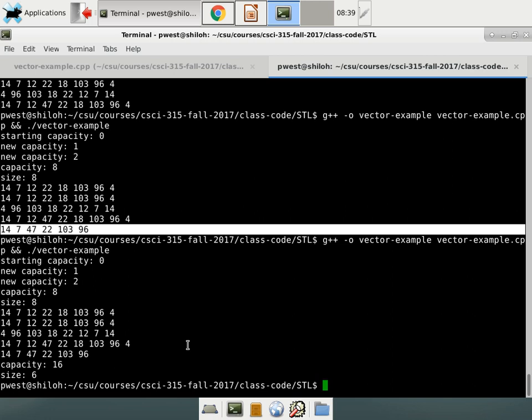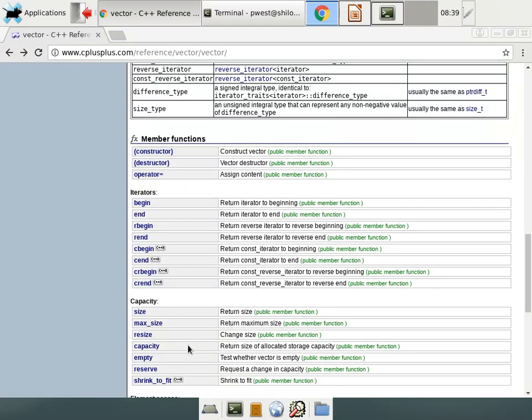Okay. Any other questions on vectors? I haven't talked about the algorithms on vectors like sort and search. That's something different. But any other questions about using vectors? Make sense so far? Okay, great. We'll go and pause the